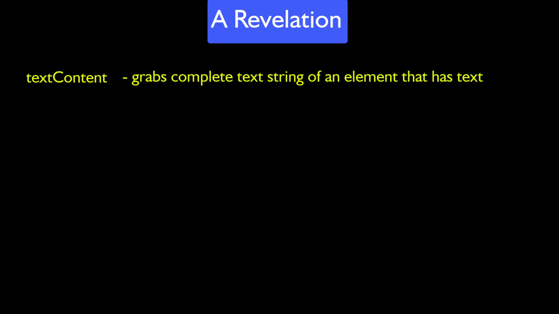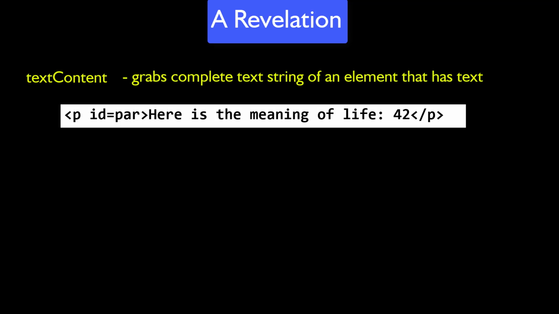Here it is. There is a property called textContent that grabs the complete text string of an element that has text. Usually, I work with some element, a paragraph say, that has some text, like <p id="par">Here is the meaning of life, 42</p>. And in code, I could reference the P element by